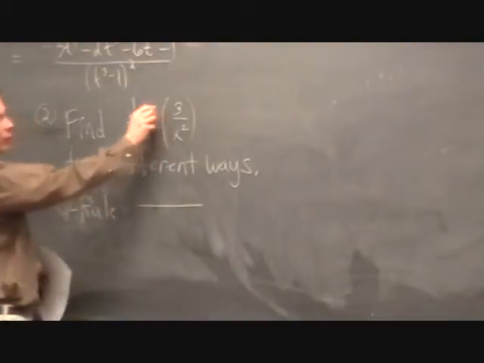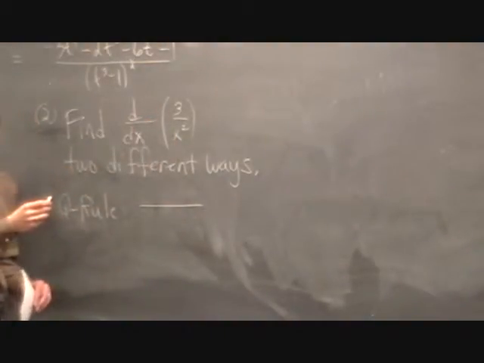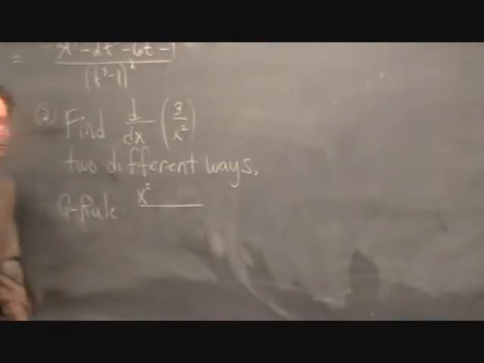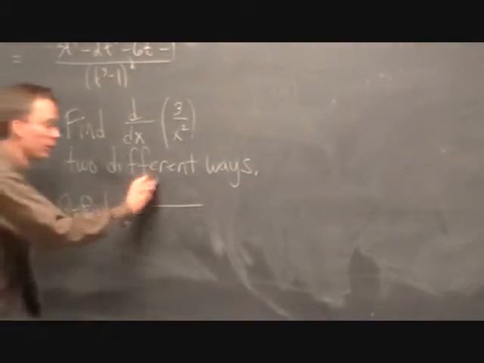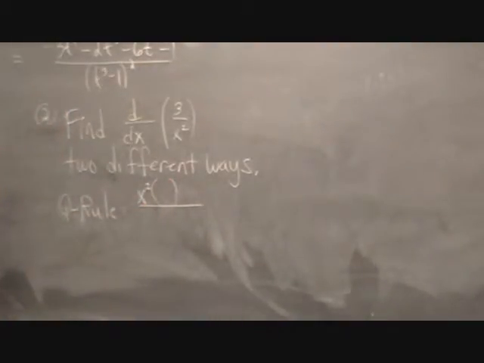Well, first thing you actually want to bring the x squared right up top as it is. So that'll give us x squared times derivative of the top, which is 0. Well, that'll clean things up for us a little bit. Minus 3 times